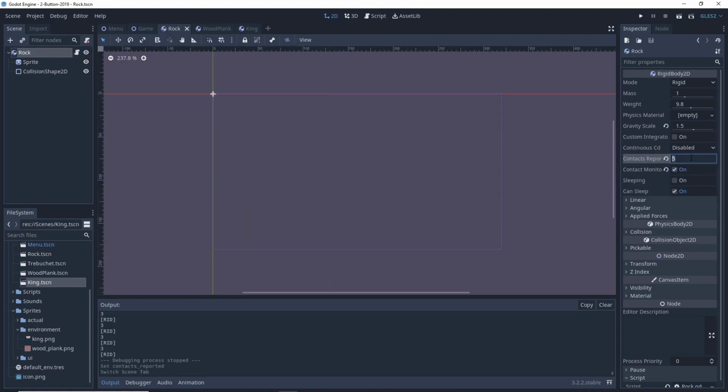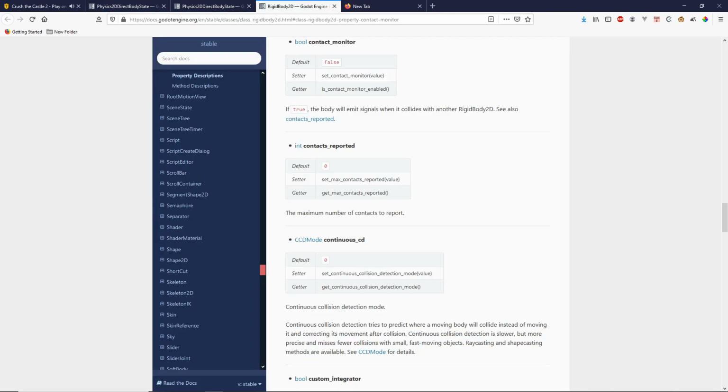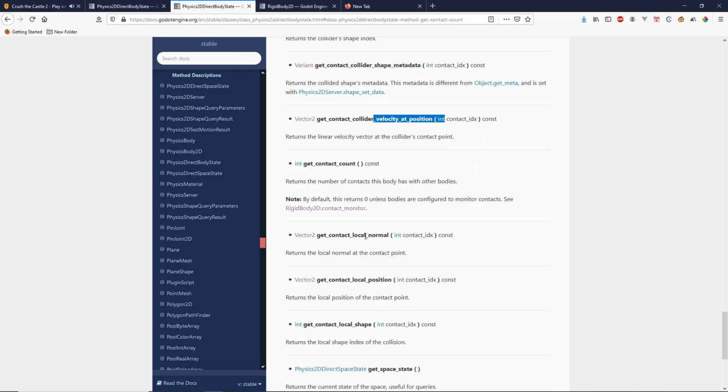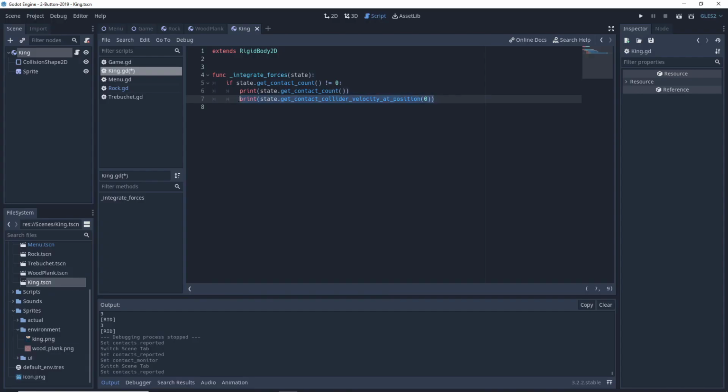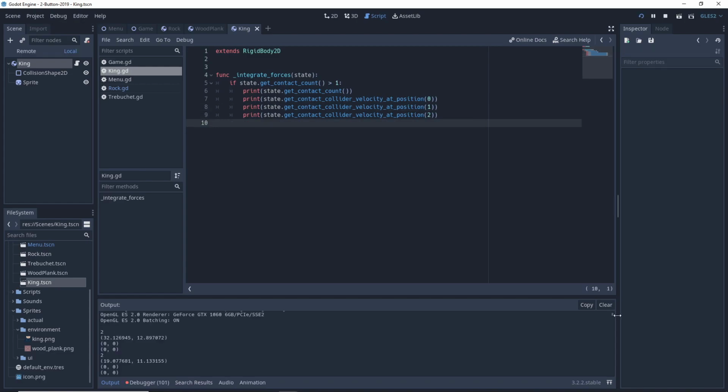I'm wondering how we would iterate through every contact. Get contact collider velocity at position. And then let's do 1 and 2. Okay, nice. We would get the magnitude of this vector, and we would make sure that it's greater than, I don't know, 20, and we would iterate over every contact while